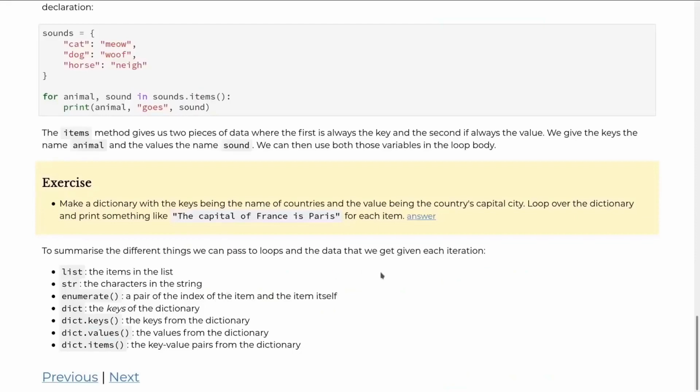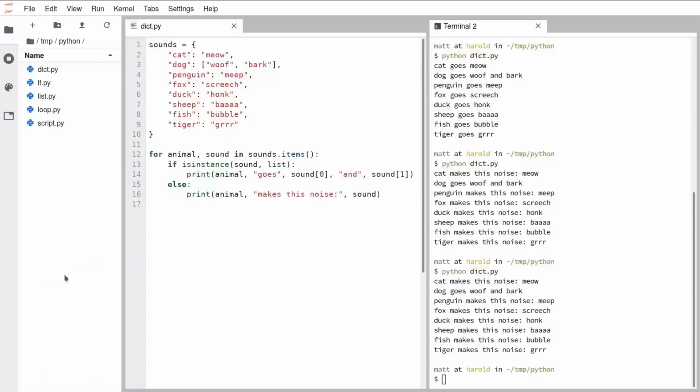The last thing I want to cover here in the dictionary section is right at the bottom of the dictionaries chapter. There's a little list of things that you can loop over. And I just want to draw your attention to that because we're going to be building on this in the next section. But to reiterate, when you have a for loop,